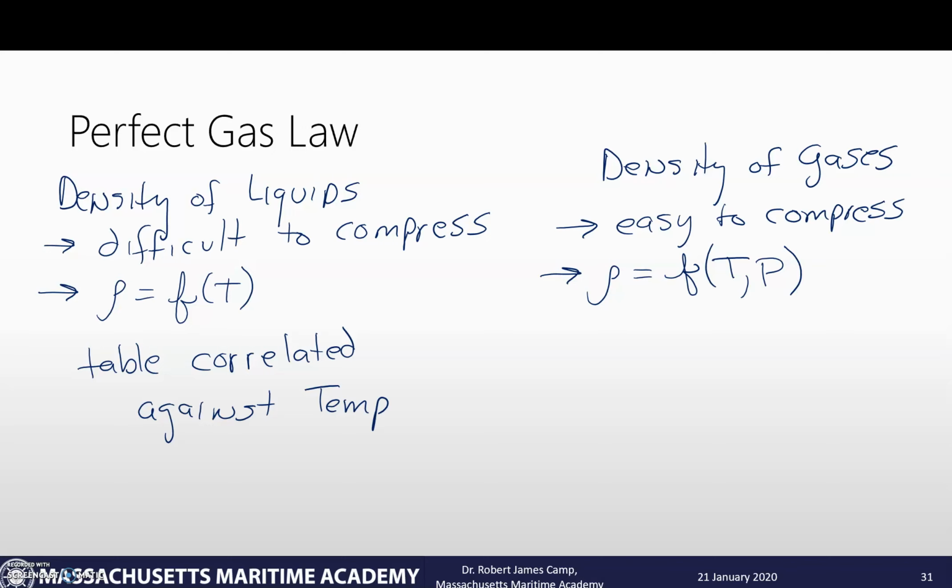And so it would be very difficult to correlate that via tables, because you would need a bunch of tables at a certain temperature and then all these different pressures. So the way that we relate the density of gases is through equations of state, and those equations of state really depend on the type and molecule shape of the gas. Now, for us common monoatomic and diatomic gases,